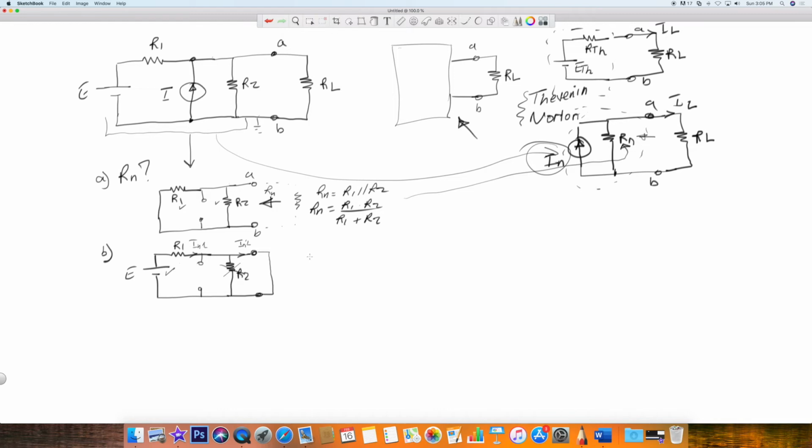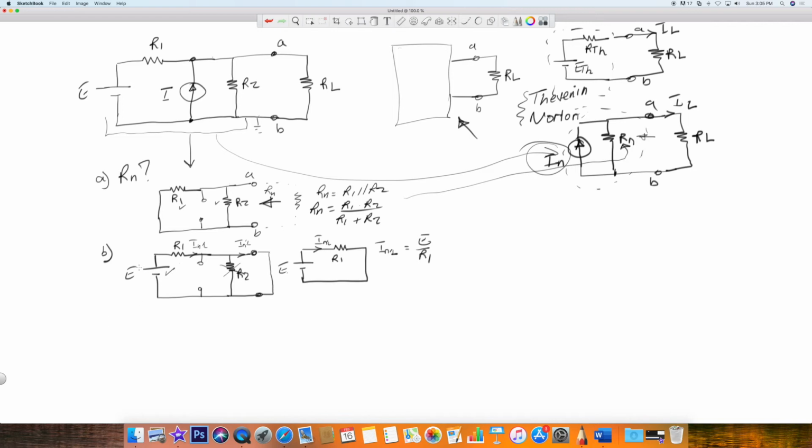So what do we technically have? We have a power supply with a resistor and a short. So R1 is still supplied by voltage through E. So the current IN1 will be equal to E divided by R1. Excellent. So now let's go back to